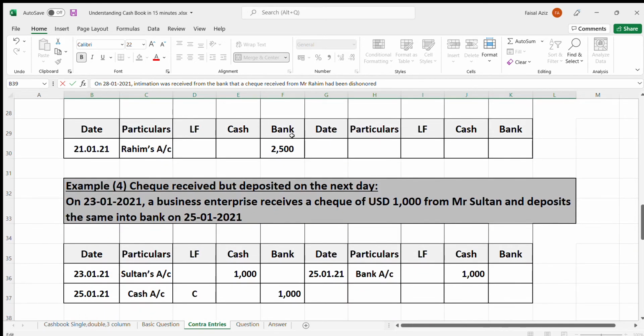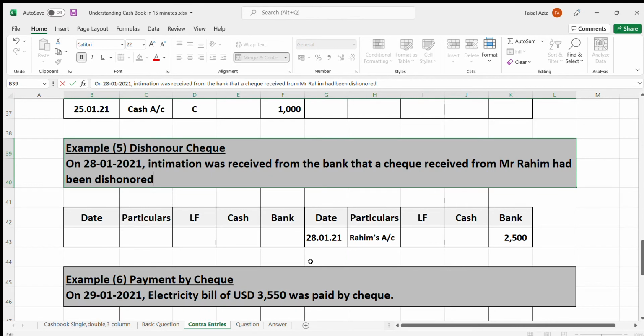So now it has been proved that the check is bounced. To record the transaction of this bounced check, we can directly mention this amount on the right side under the bank column, so it will show that the money did not come to the bank. Earlier we had mentioned we put it in the bank, but with this transaction the impact of the previous transaction will be nullified.